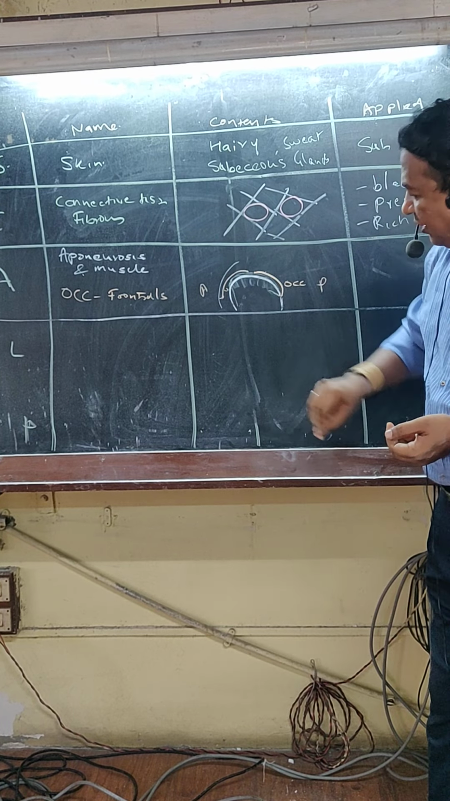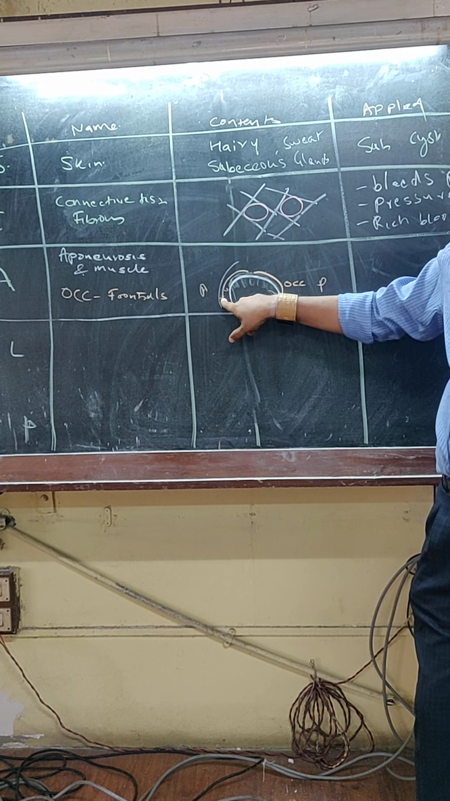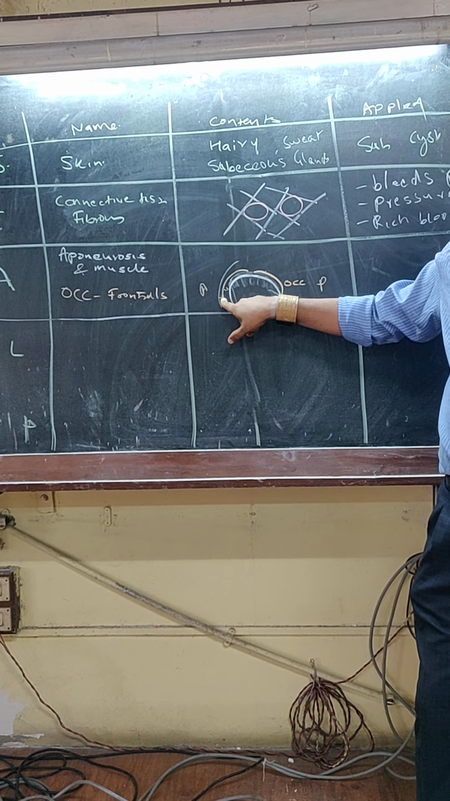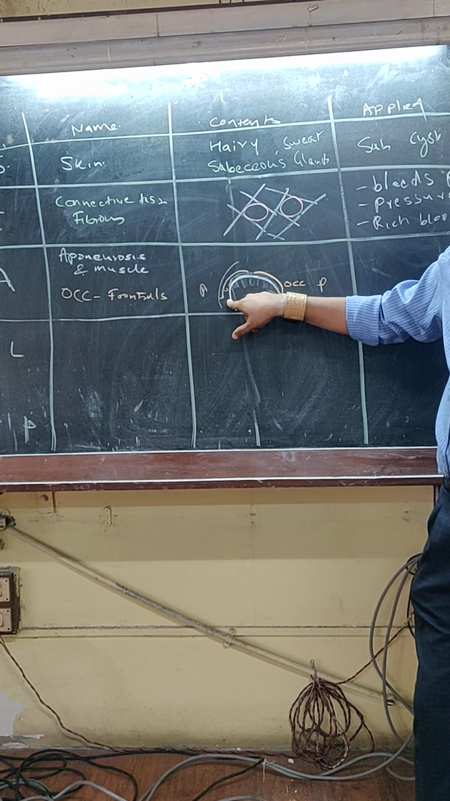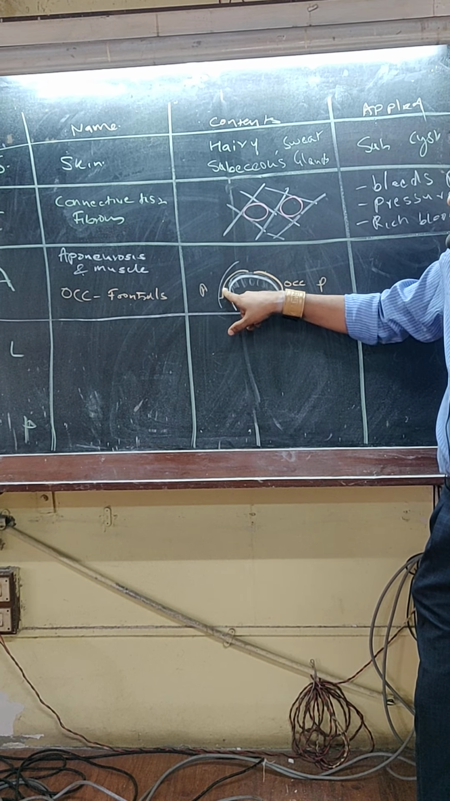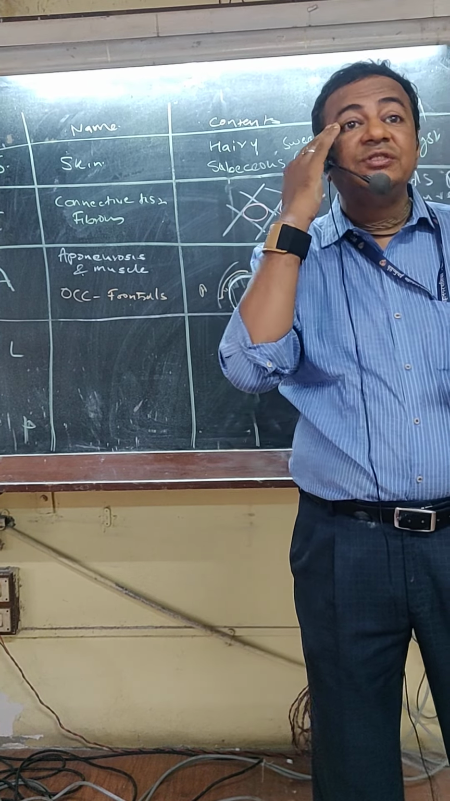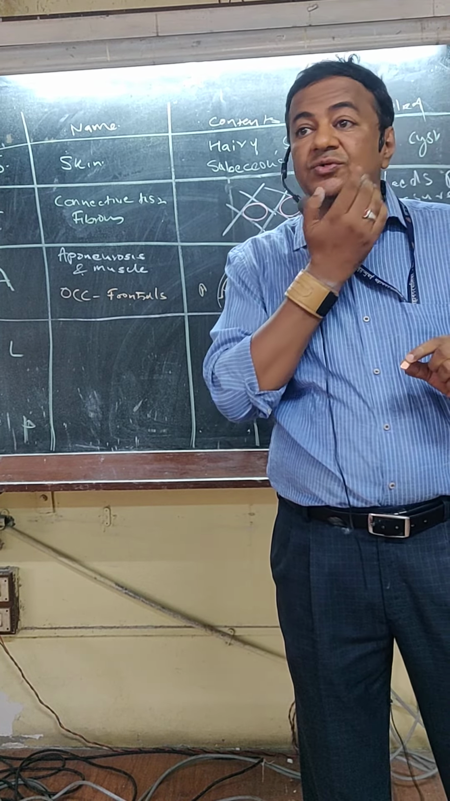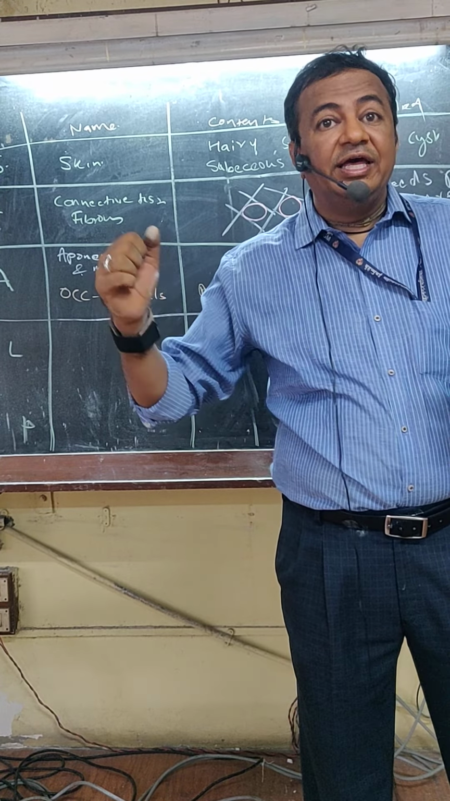Okay. Now what happens is, because the frontal belly gets attached to the skin and not to the skull, the fourth layer of the skull, the loose areolar tissue of the skull, becomes continuous with the loose areolar tissue of the face. Therefore,